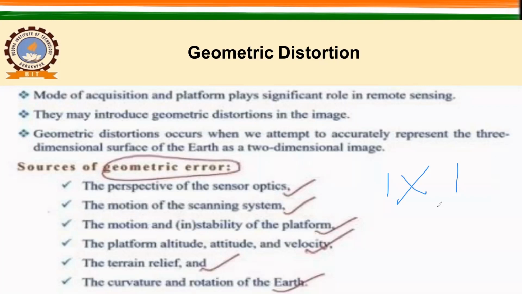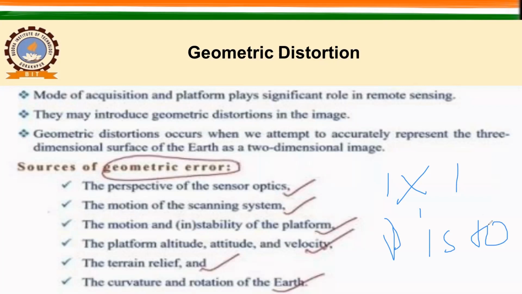So if your sensor is located here and it is looking at this particular area, for some reason if it comes down, maybe 1 kilometer or 1 meter, what will happen? With the same FOV, it will look less, and during the measurement, if it happens, then what will happen? Your image will have, वहां पे क्या होगा? हमारे image में आ जाएगा distortion. Then image will have distortion, right? So this is very important to remove all such errors, geometric errors from your remotely sensed image.